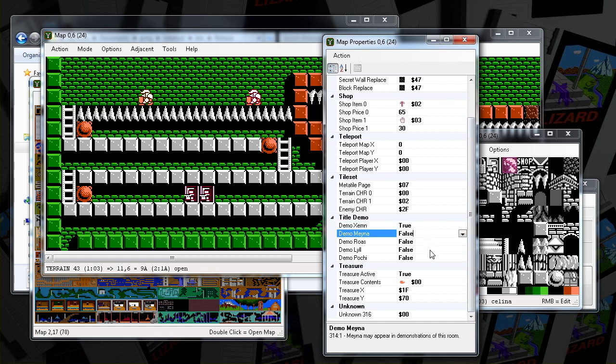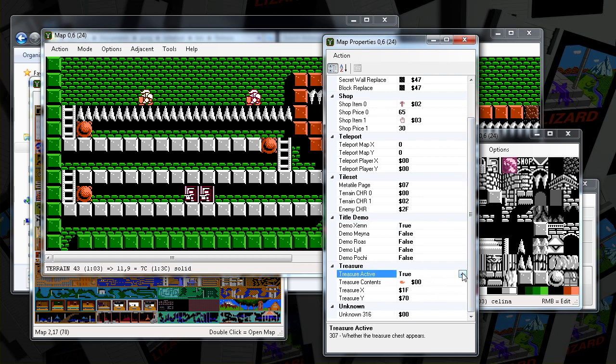So when you're on the title screen, you get a demonstration that plays, and basically it just picks a random room and a random location, and then it picks an appropriate family member for that room, and then it just makes them kind of move around erratically for a little bit to kind of demonstrate the game. So it has this set of flags for which family members can appear in these demonstrations. So here, because it's kind of Zamon's dungeon, they've made it so only Zamon will appear here. If you're watching the title screen, kind of a tracked mode thing.